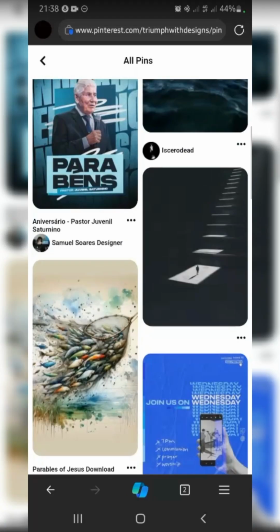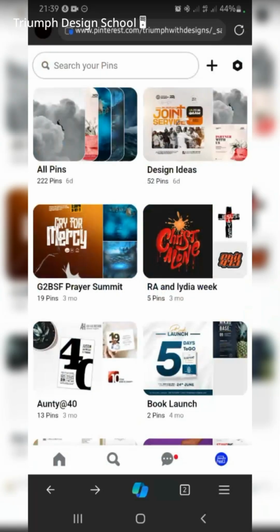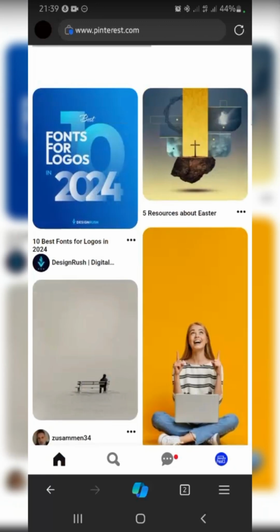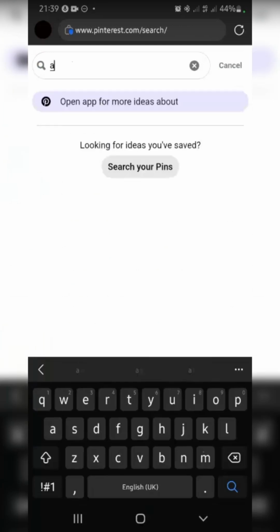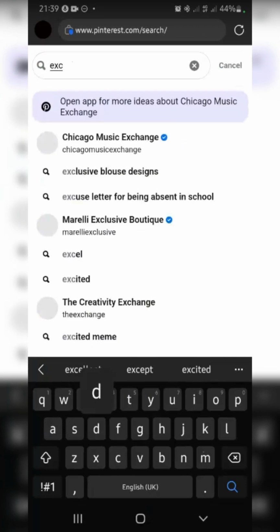So let me show you how you can download images from Pinterest if you don't have Canva Pro. I still want to achieve this. I've even seen one picture, but let me just search. It's very important you are explicit with your words. Excited young